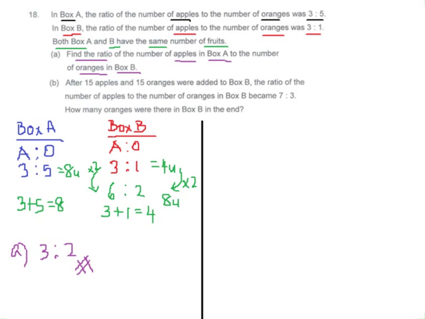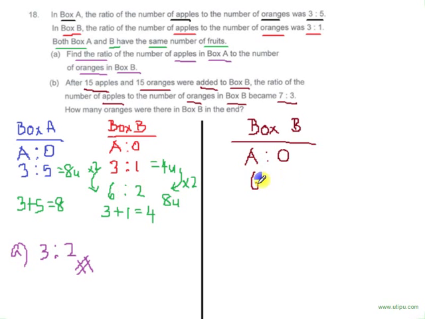Looking at part B, it says that 15 apples and 15 oranges were added to box B, and the ratio of the number of apples to oranges in box B becomes 7:3. So we will focus back on box B. The new ratio for box B in terms of apples is to oranges is actually 6:2. I need to add 15 apples and 15 oranges into box B. So I add 15 apples plus another 15 oranges, and I end up with a new ratio of